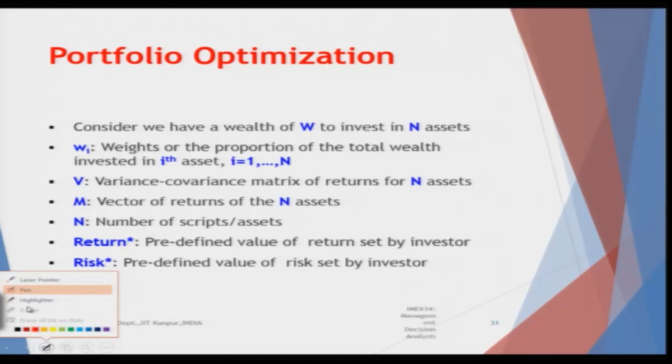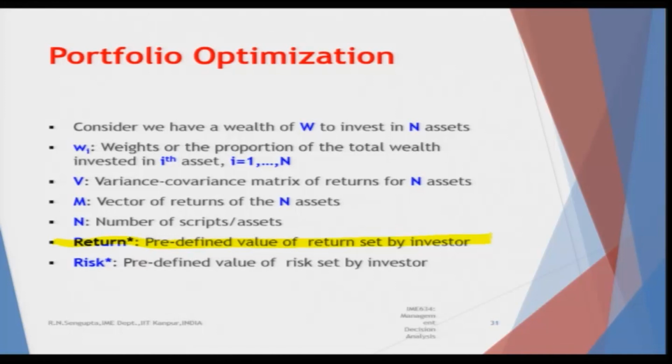Let me number it, it will be easier, or highlight it. So, it is predefined by the investor. The greater than type would give you some idea about the slack and the surplus which we would consider. Obviously, we would not be going through that discussion again, but if you remember, if we had only taken C into X, the linear part, then it would be a linear programming problem. We could have solved it using the linear concept, and then the concept of slack and surplus and the artificial variables would have been considered.